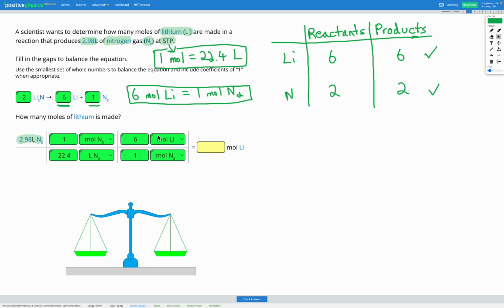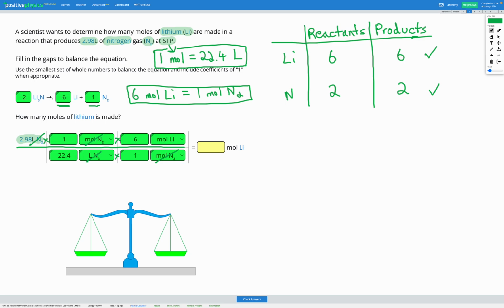Awesome. So now I'm into the unit that I'm trying to find, which is moles of lithium. So we're ready to go ahead and do our calculation. Anything on the top gets multiplied together. Anything on the bottom gets multiplied together. And we're going to divide top by bottom. Then we can cancel out units that are the same on the top and the bottom. So liters of nitrogen cancels, moles of nitrogen cancels, and we're just left with moles of lithium,